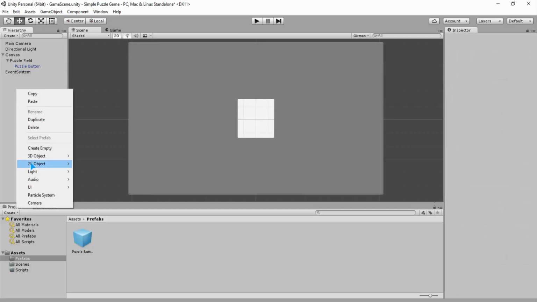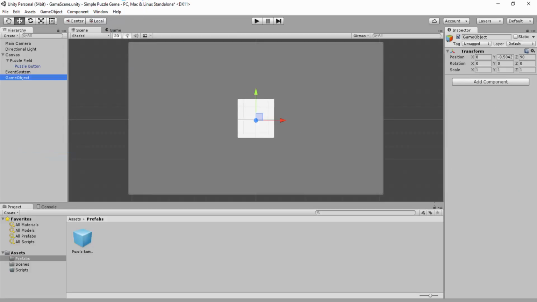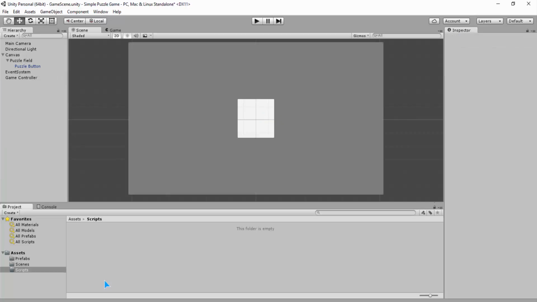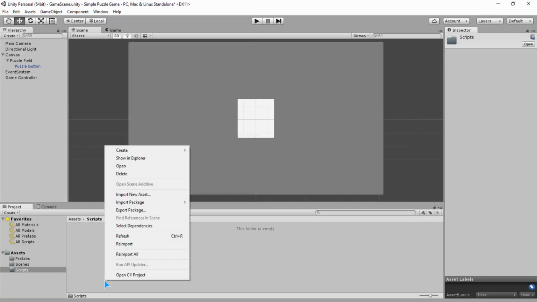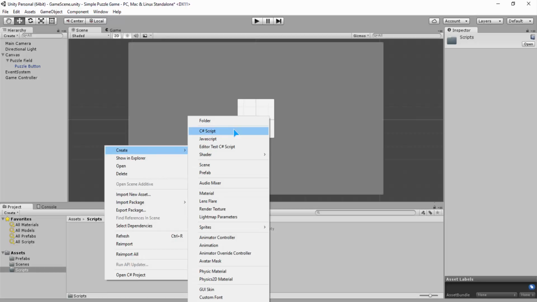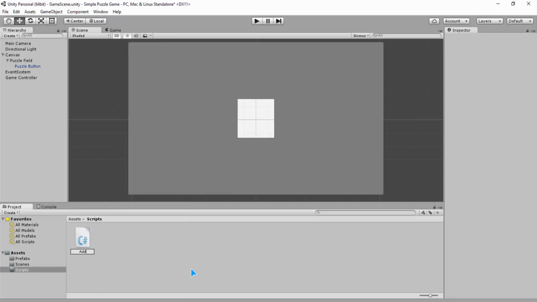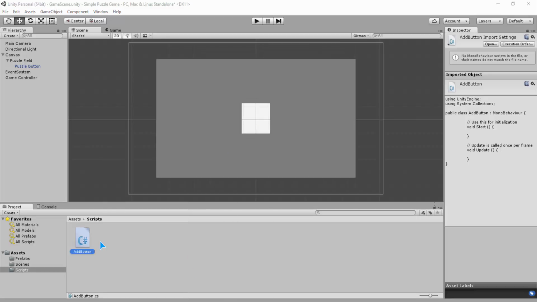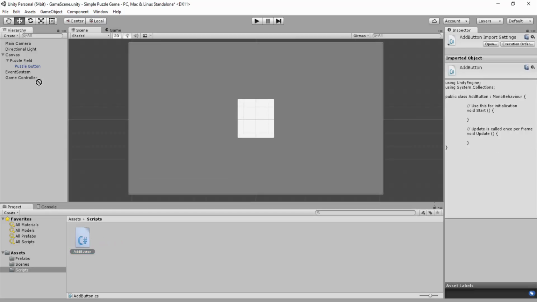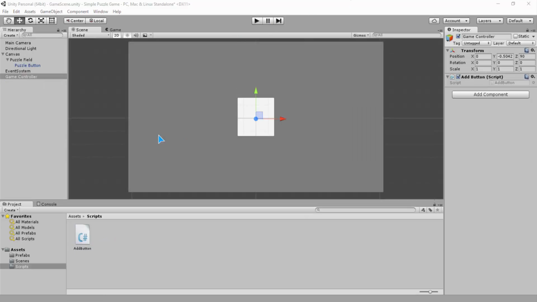Then I will make a create empty to make the game controller. So in the scripts folder I want to make a C# script, add button, and this is going to be the add button script, and attach our script to our game controller, like drag and drop onto the game controller. At the inspector we need to add the script add button.